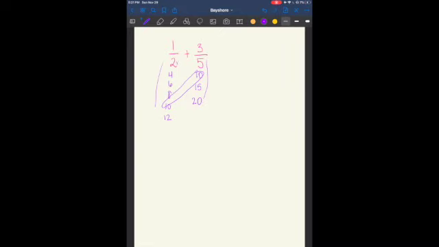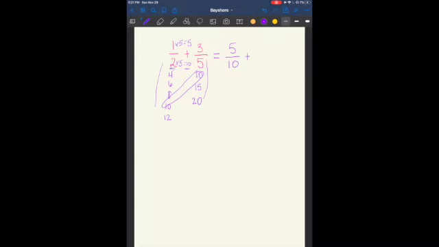So we're trying to figure out, how can I make this bottom equal 10? What can I multiply to get from 2 to 10? So if I count, I have 2, 4, 6, 8, 10. That's 1, 2, 3, 4, 5 times. Okay, so 2 times 5 gives me 10. So you remember, what you do to the bottom, you have to do to the top. So if we did 2 times 5 at the bottom, we have to do times 5 at the top. Okay. So if I just want to rewrite my fractions as I'm going, my first fraction is 5 over 10,